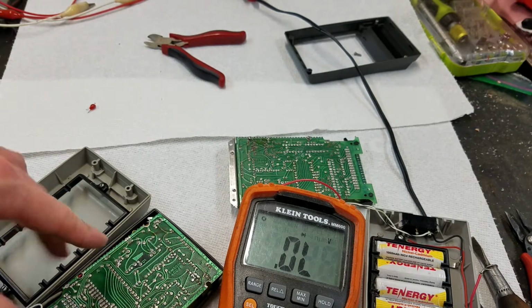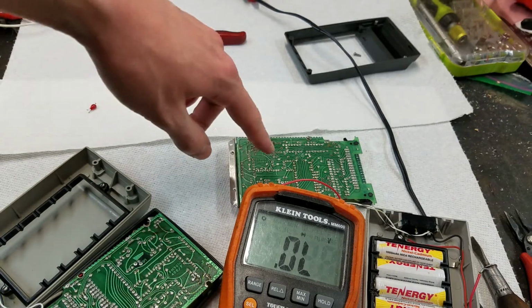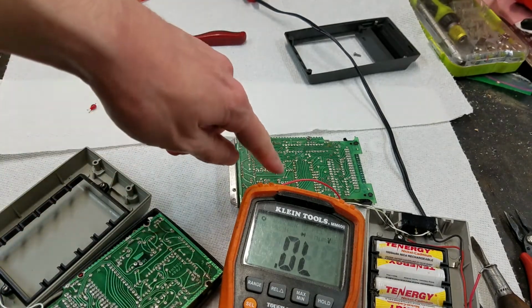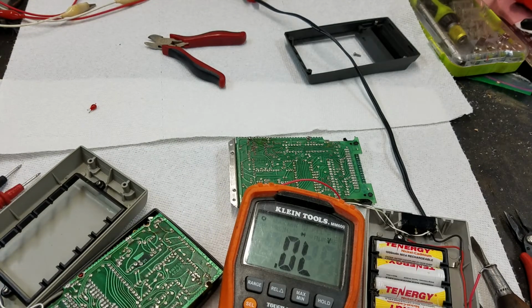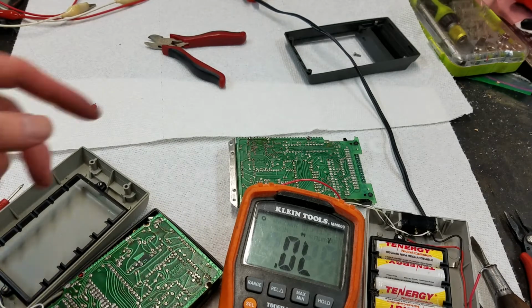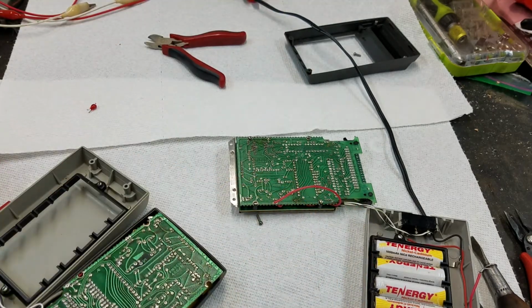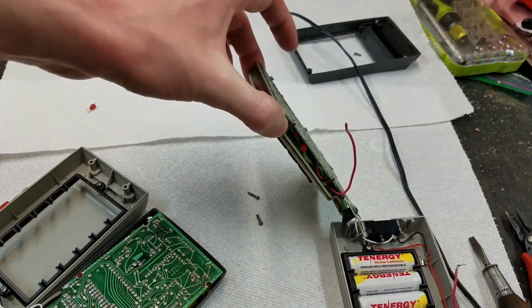So I don't know if there's anything significantly different that would cause the diodes here to show what you'd expect for a diode, versus here to show dead short in both directions. So I think it's actually those diodes that are the issue. And unfortunately, to get at those, I am going to have to desolder the keyboard because they're just so buried